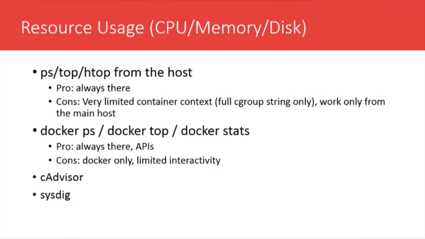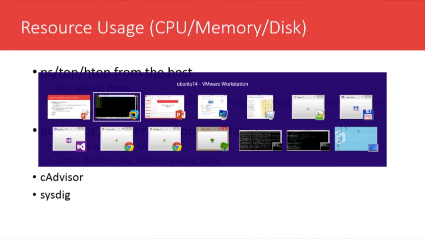Let's start from resource usage. We have a few options to see what's the resource usage of containers and processes running inside containers. First of all, we can run our traditional command line visibility tools from the command line: ps, top, htop, and so on. For example,